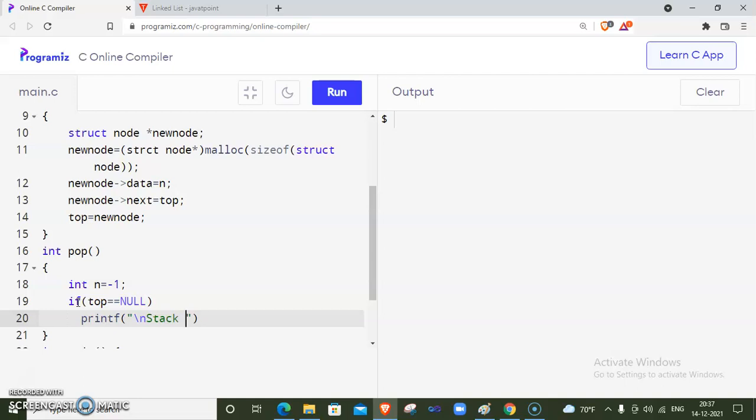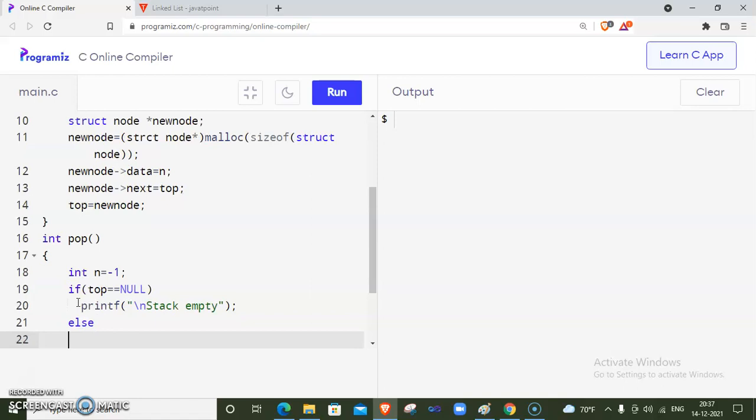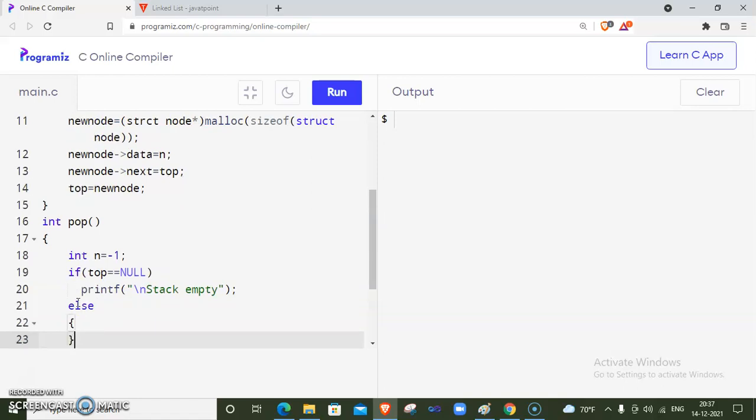Otherwise, if top is not null, then we can confidently say at least a single node is present inside the linked list.